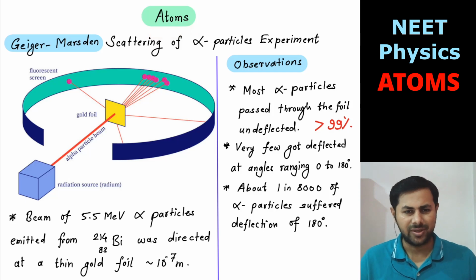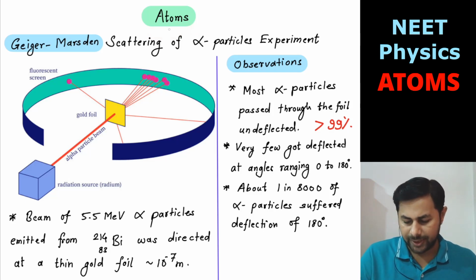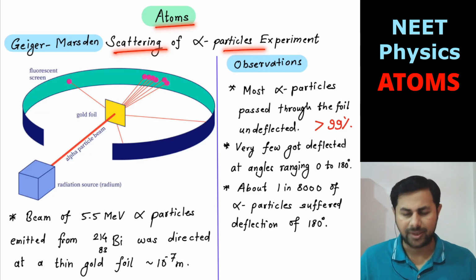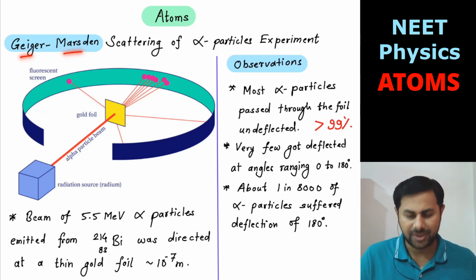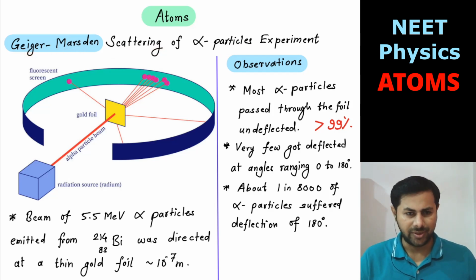Today we'll start with atoms. So first let us see the scattering of alpha particles, and this is called the Geiger-Marsden experiment. Geiger and Marsden were two Rutherford students, and they performed this experiment, the scattering of a gold foil